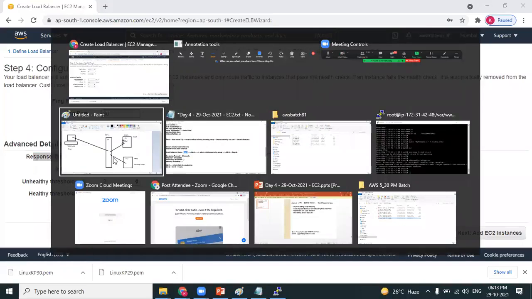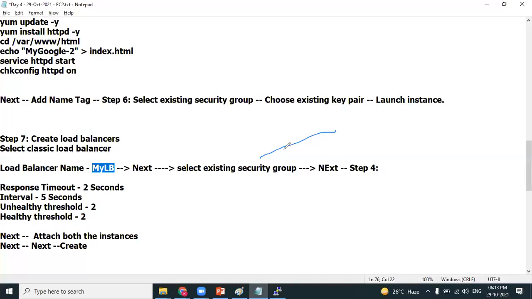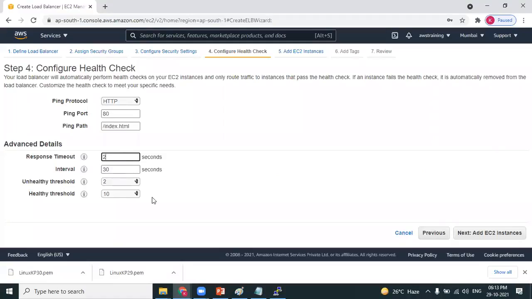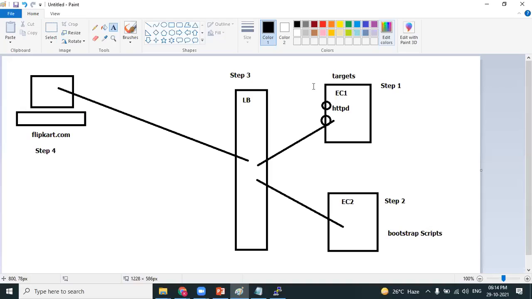Response timeout is nothing but how many seconds the load balancer should wait to get the reply. I mentioned it as 2 seconds. So I am very clear in explaining the concept of response timeout. My load balancer will send a ping request and it should get a reply within how many seconds? 2 seconds. That's the response timeout.